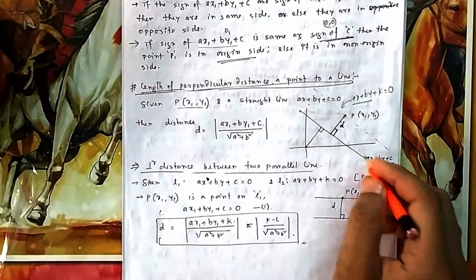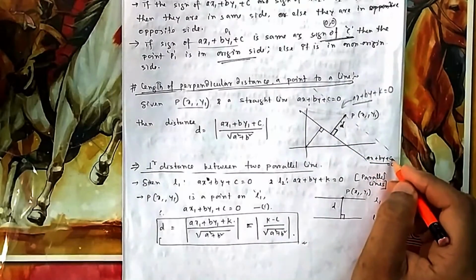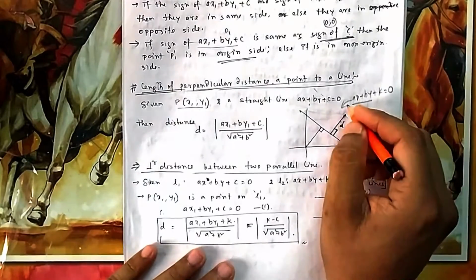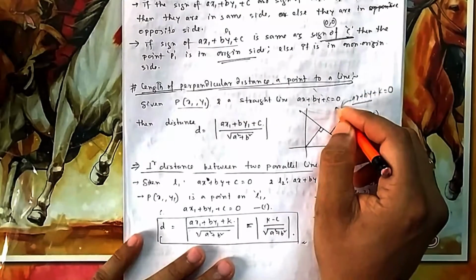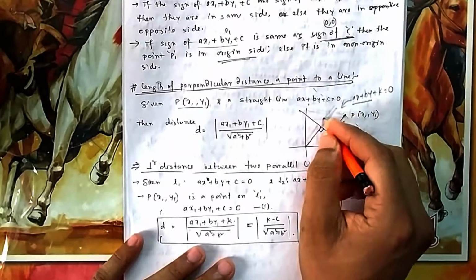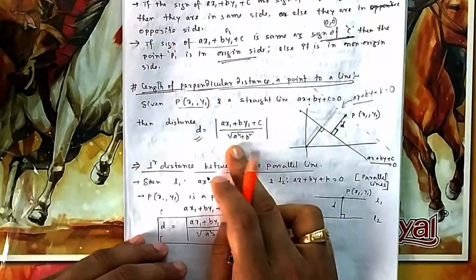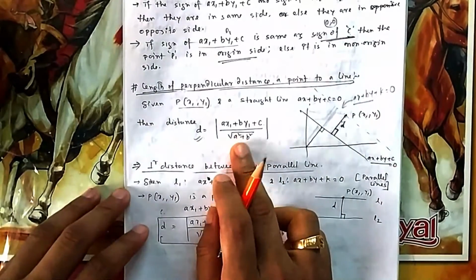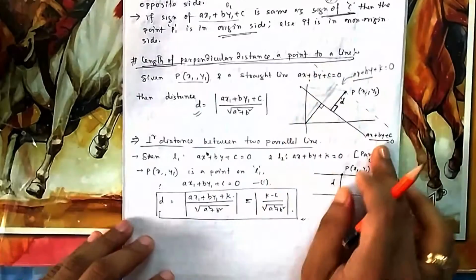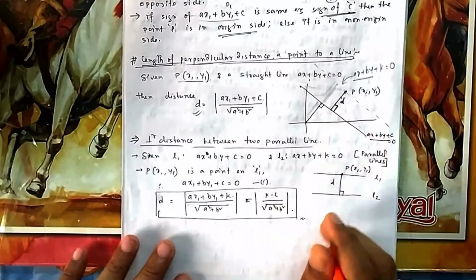We have already seen how to find the perpendicular distance from here to here. What will be the perpendicular distance? C by under root a square plus b square. Similarly, you can find the perpendicular distance of this line from the origin. If you find both these distances, then this minus this will give you this required distance. If you do that one way, that will also come, but I am not showing it here. I have given the idea how to solve and how to prove. You can try to prove it.